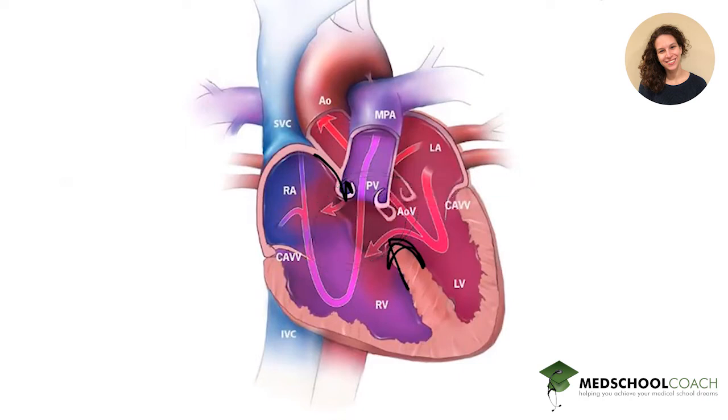So that causes some problems hemodynamically, right? Because you really want those two circulations to be separate. So there's a couple of problems that occur. Let's follow what happens to blood. Blood goes into your right atrium from your SVC and your IVC. And then it goes through that common AV canal into the right ventricle. And it could go across if it really wanted to, but it probably doesn't, or it doesn't very much, because